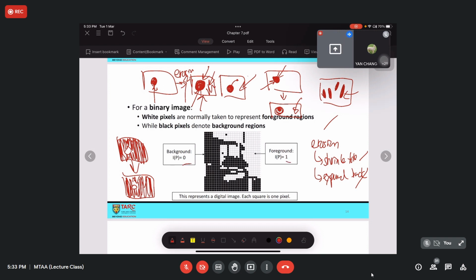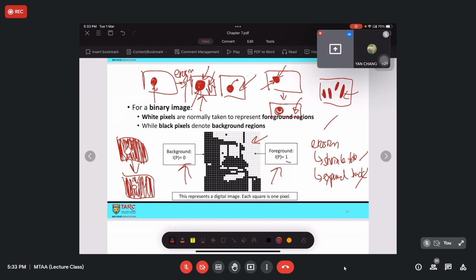If let's say you perform erosion, which reduces the size of the object of interest, would the area of white pixel increase?